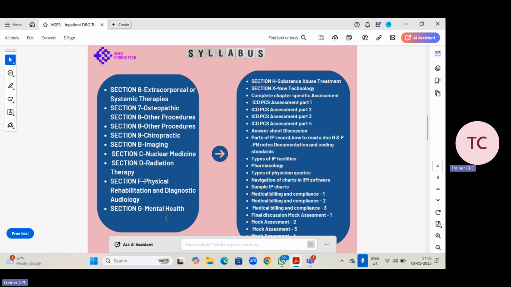So we have to be very careful with this. We should not disclose this information to others and all, right? So those rules will be discussed in medical billing and compliance, and how this medical billing, how this RCM works, and what